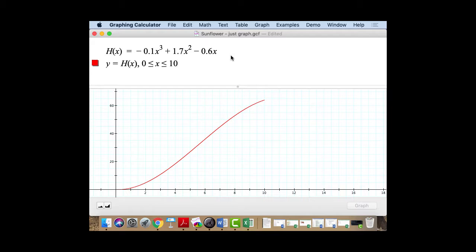But one other thing I want to point out, you can change the color of your graph. Like, I can make it black. Just click on the little square and pick your favorite color. Only some colors on this screen are going to be pretty visible to you. Green and yellow don't show up very well from a distance, but let's leave this as blue. So step D says to have GC plot a dot on the function